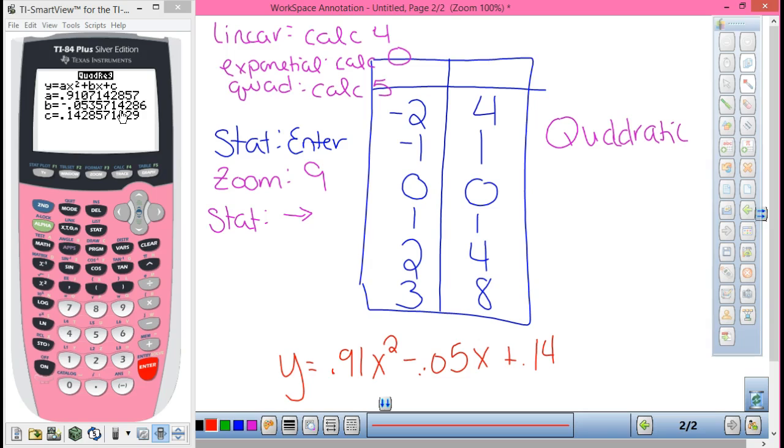Okay, now, sometimes you're going to try to do the exponential model. Okay, you're going to hit calc 0, and it's going to give you an error domain. Okay, if it gives you error domain, then you're going to use quadratic, even though it looks exponential. Okay, does that make sense? All right, so today,